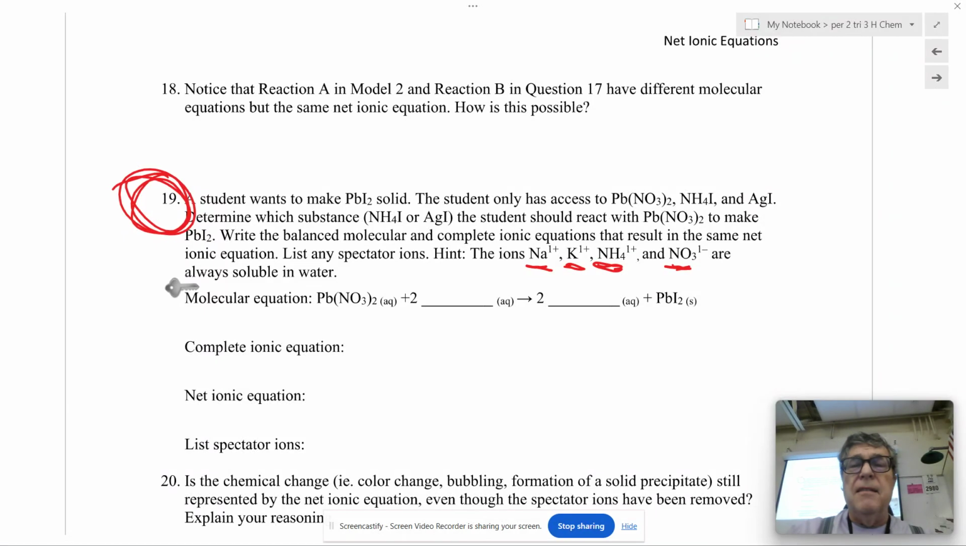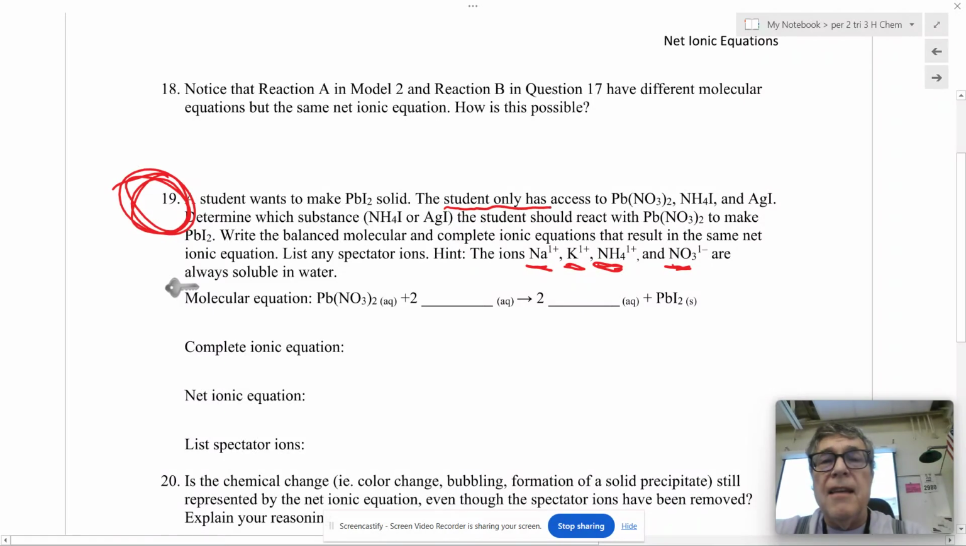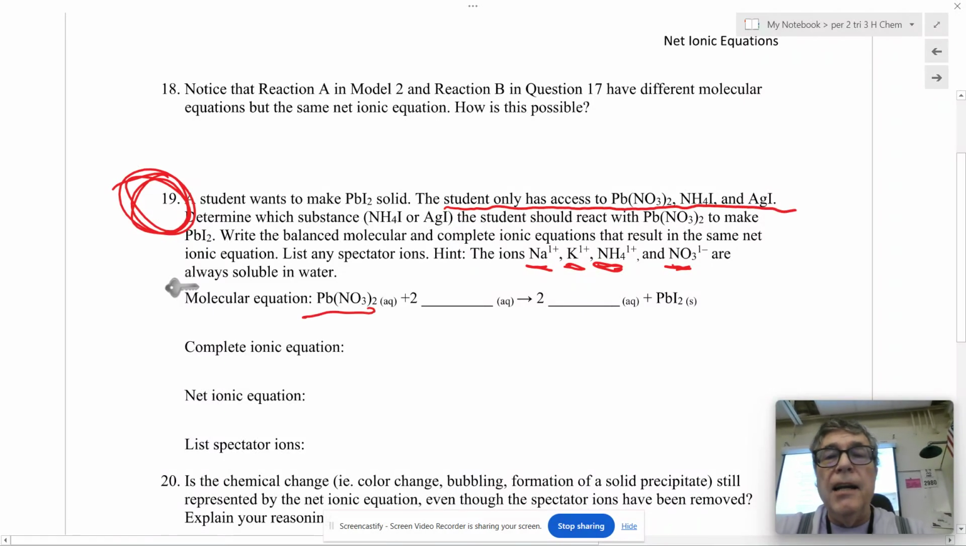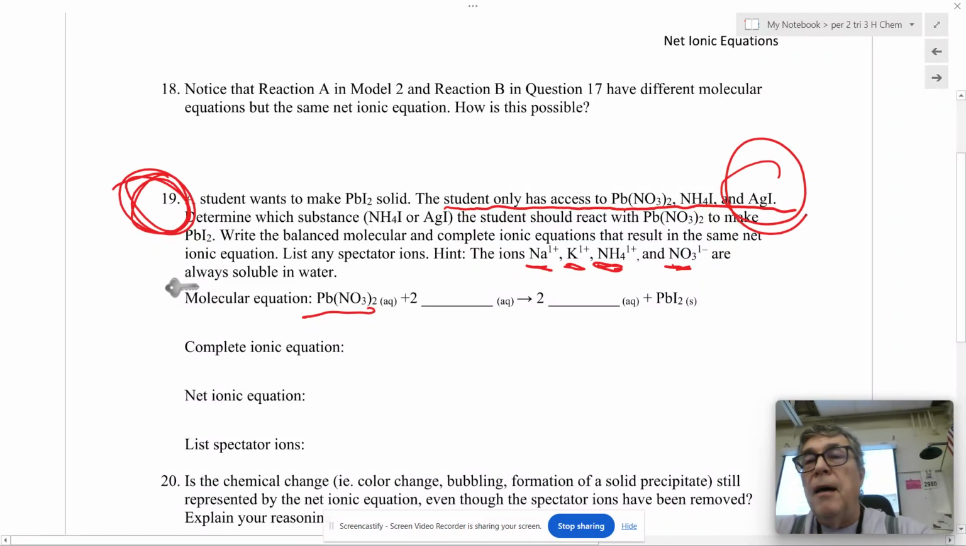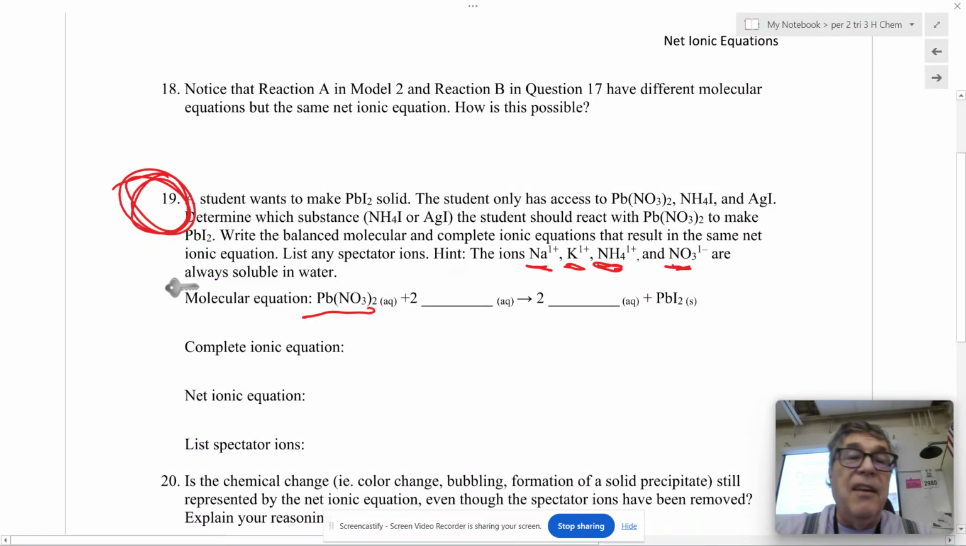So when you move down to this, and some of you have done this, some of you are still working on it, so I'm going to help you through it. This says a student only has access to these three chemicals. Well, one of them we've got here. One of them is not soluble according to our solubility rules. AgI, silver iodide, would not be soluble. So right here you notice if it's aqueous, that means it dissolves in water. So the other thing has to be